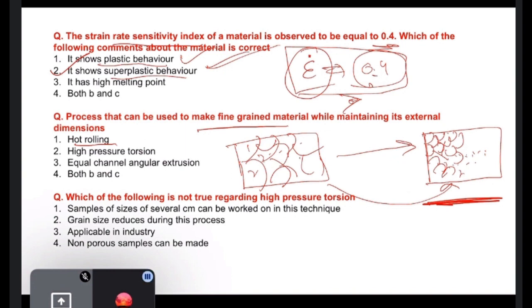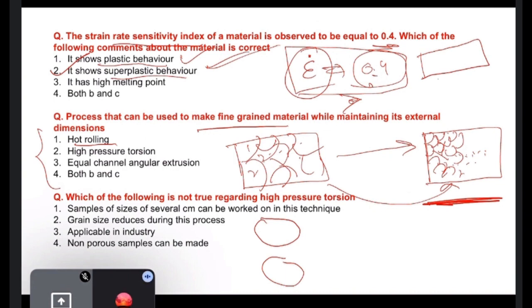So hot rolling is a technique in which we have two rollers. These all are techniques which give you nanomaterials, right? Do you understand the definition of a nanomaterial? Yes, ma'am. Whose dimension is below 100 nanometers. The material with dimension below 100 nanometers. So tell me, if you understand the definition, then